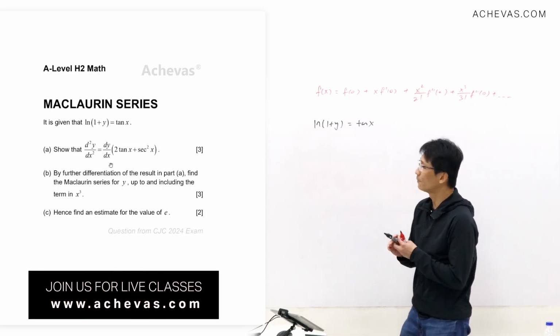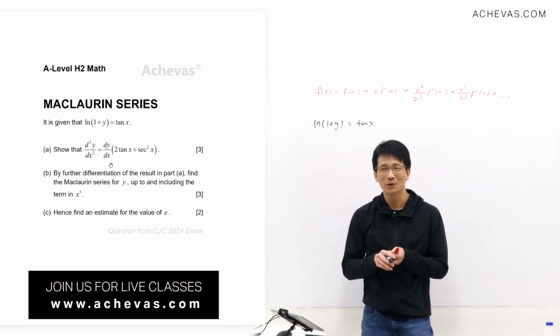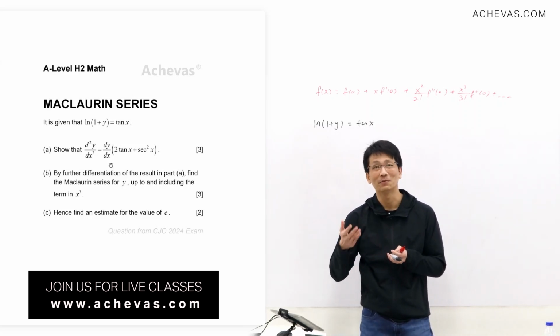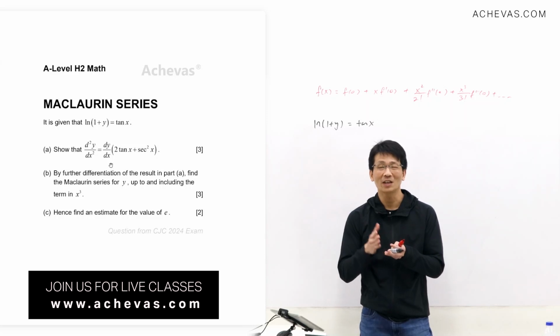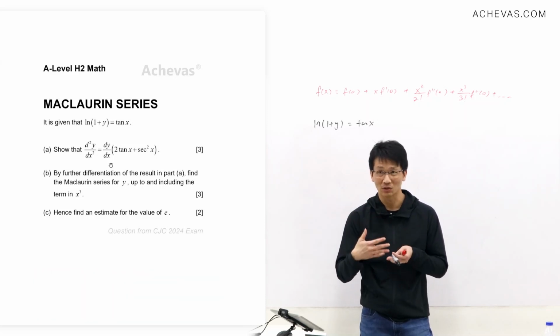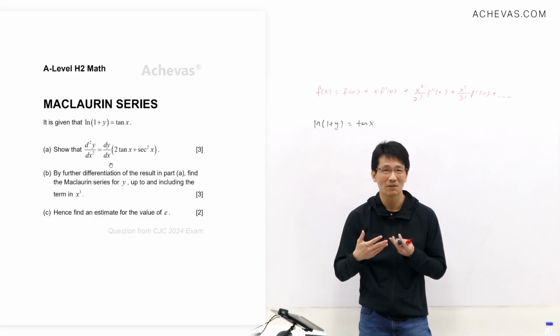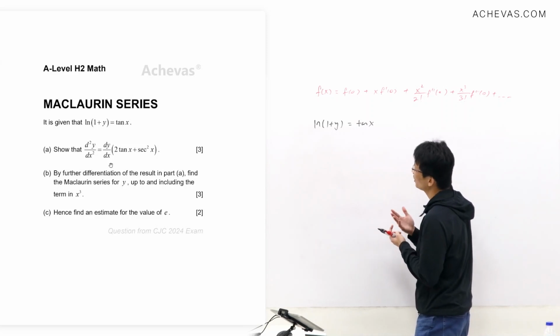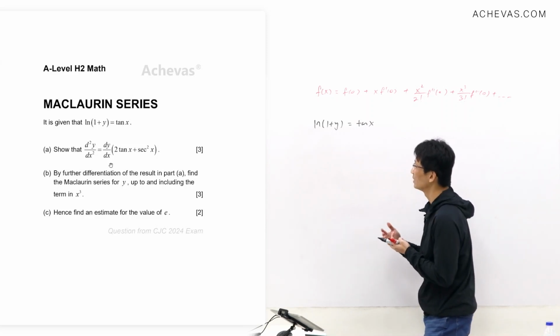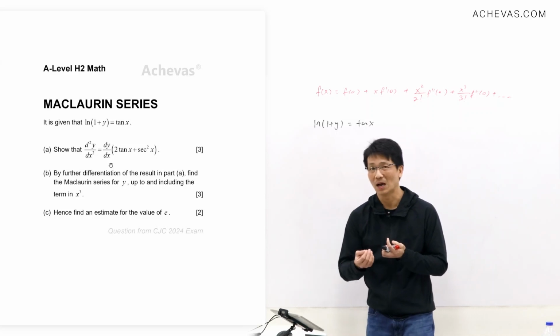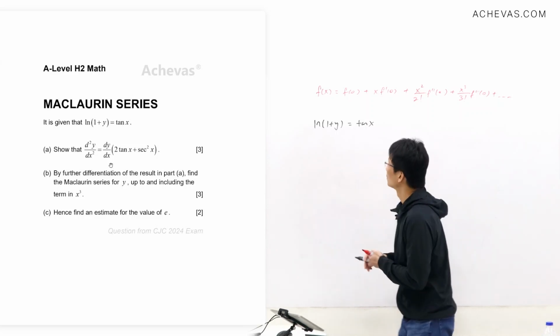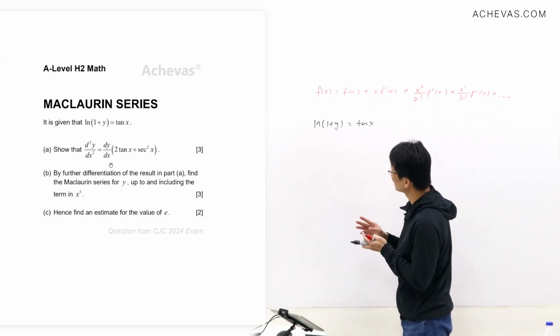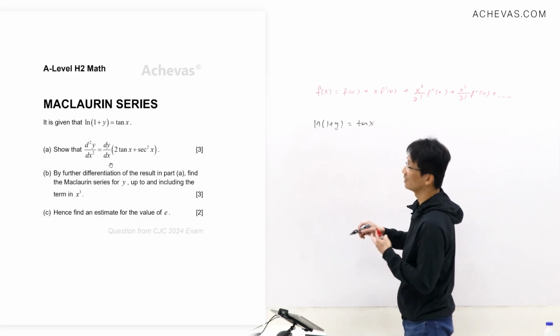Alright, and for Maclaurin series, usually I wouldn't want to try to make y in terms of x before I start to differentiate. Usually the first derivative is still possible, but subsequent derivatives, you will get very complicated. So our preference is actually not to express y in terms of the rest, but instead we will make use of some implicit differentiation. So like this case, maybe I will try to differentiate this directly first with respect to